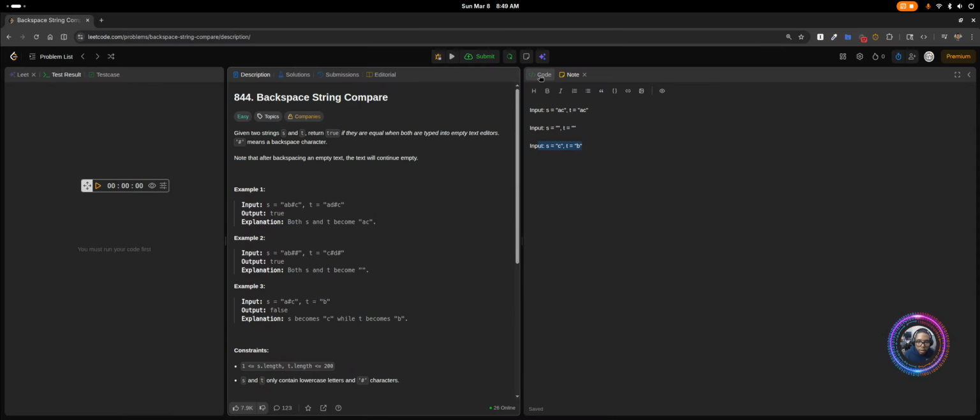All right, so getting to the implementation of the code, what we're going to do is use pointers. I'm going to use a pointer to point to the end of each string, and also use a count so that we can count how many backspaces there are. If we're able to count how many backspaces there are, using a pointer starting from the back, then we're able to skip or delete those characters. So if we start from C here,